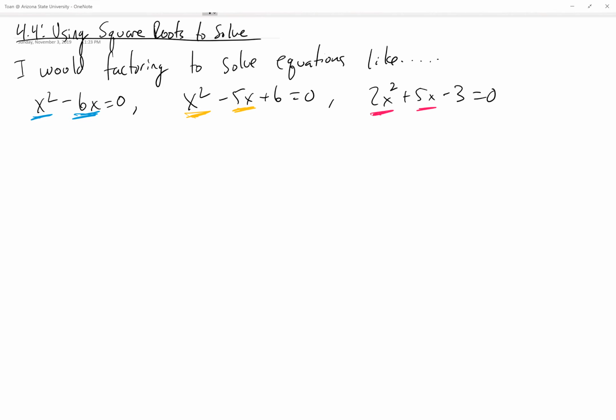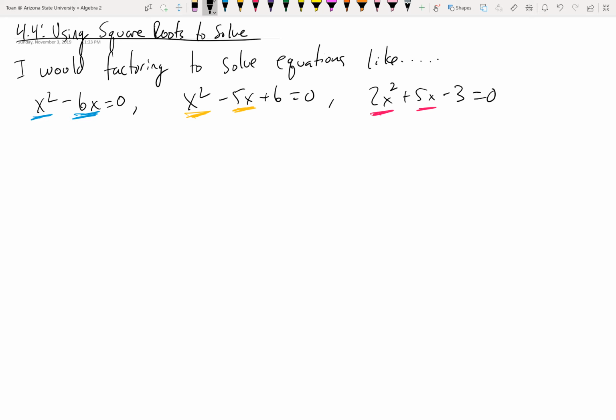But it turns out that if you only have one term of x, you don't need any fancy tricks. You can just solve it straight up using regular algebra, using inverse operations. Well, if I have an x squared equation, I'm eventually going to have to use the opposite of a square, which is a square root. So that's sort of the whole point of this section, is that if you only have one x squared term, you can bypass any fancy tricks and just solve it directly